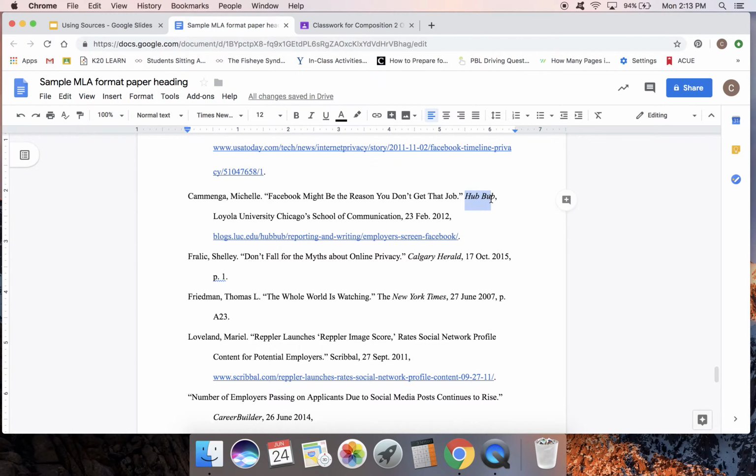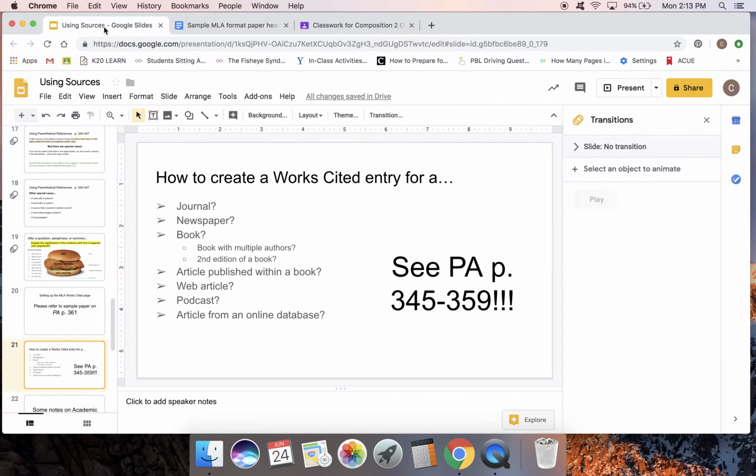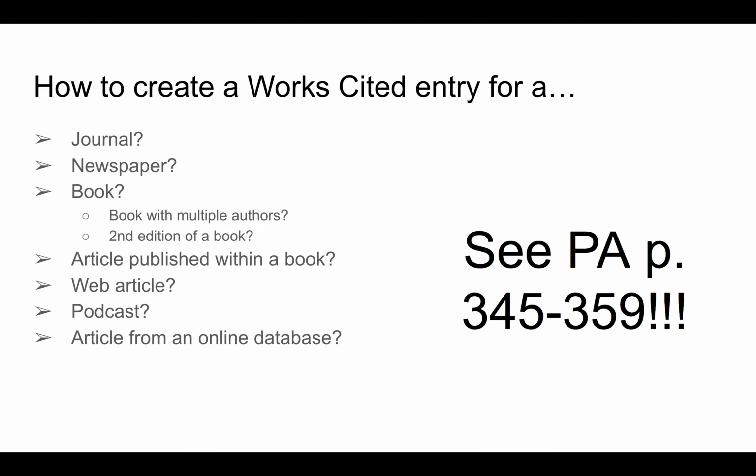This one comes from, it's got like the publisher here, right? So there are different requirements based on the type of thing that you're looking at. And it would take a very long time for me to try to explain what to do for each of those. So Practical Argument, pages 345 to 359, lists how to create that entry for a journal, a newspaper, a